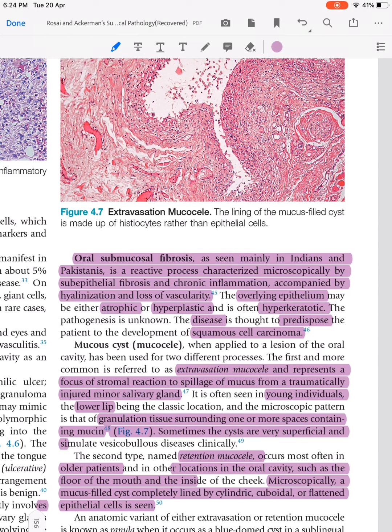Next is mucocele. Mucocele is of two types: extravasation mucocele and retention mucocele. Extravasation mucocele represents a focus of stromal reaction to spillage of mucus from traumatically injured minor salivary glands. It is often seen in young individuals, and the main location is the lower lip. The microscopic pattern is that of granulation tissue surrounding one or more spaces containing mucin,